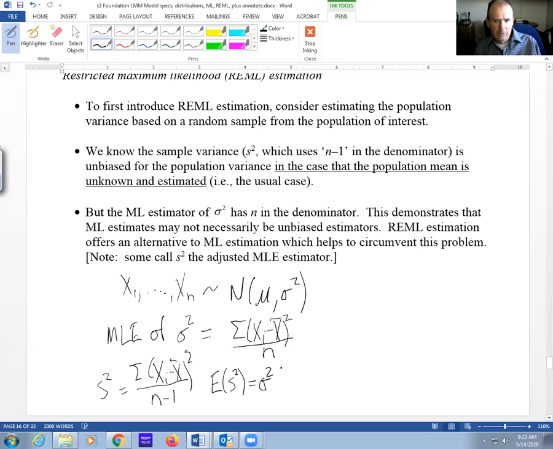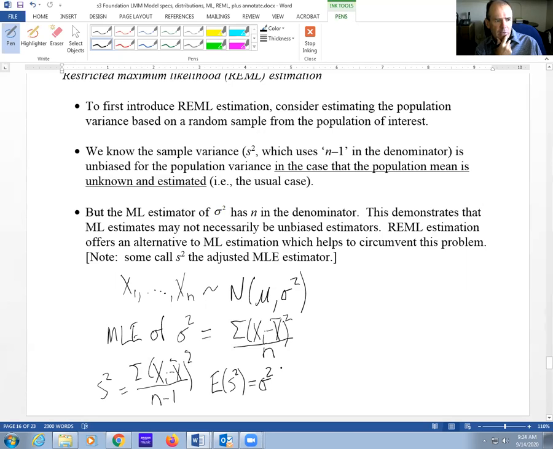But the MLE, if you derive the MLE, you get your likelihood, you maximize it. And in this special case, we're just talking about a simple random sample. This is not a mixed model. You have n in the denominator. And that shows one of the downsides of the MLE. And that's the purpose of REML, is as you generalize, we're trying to take away that bias, okay? And that's how you can do it.